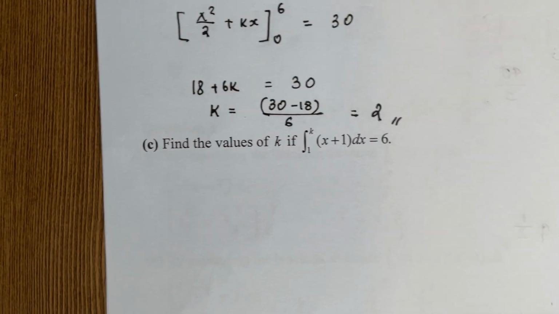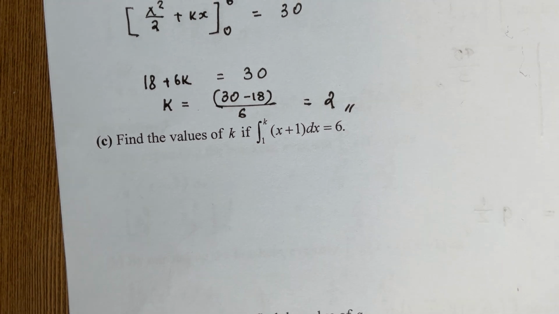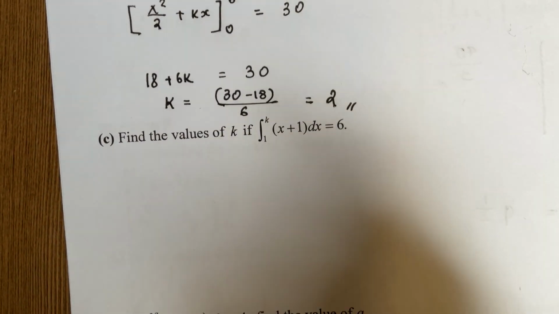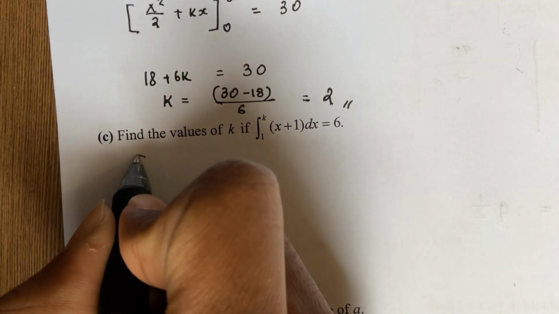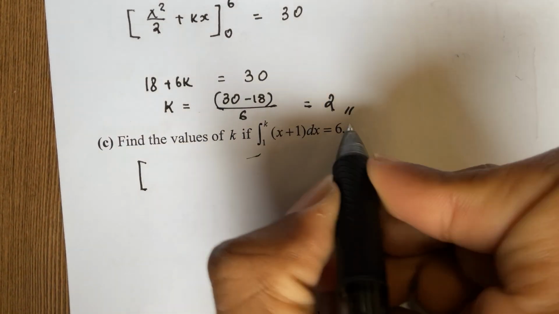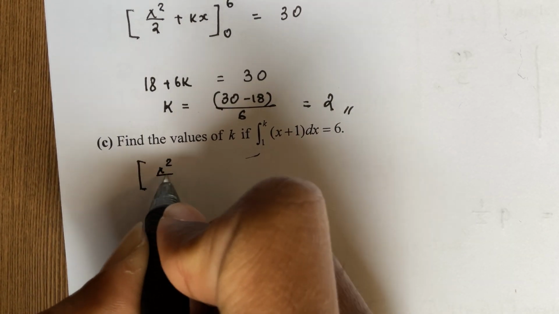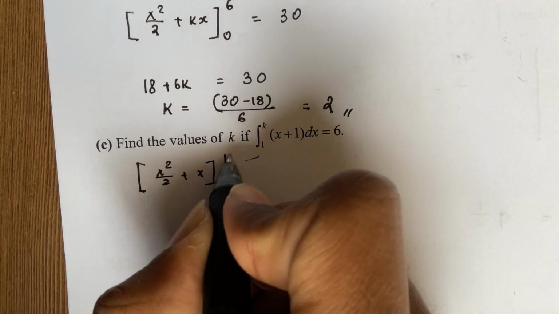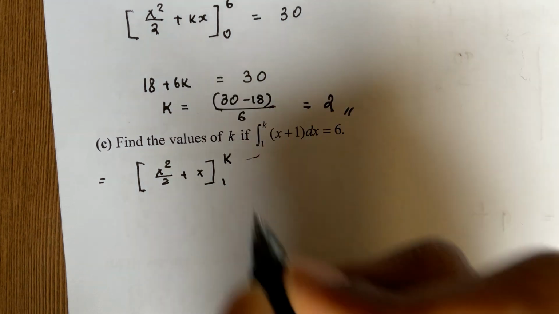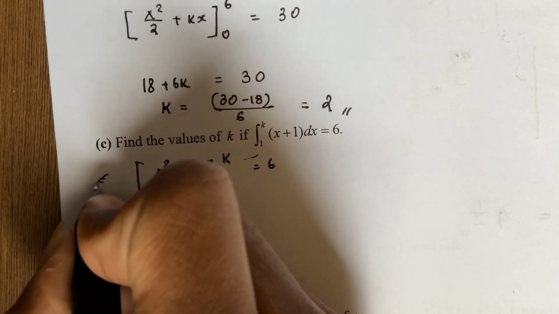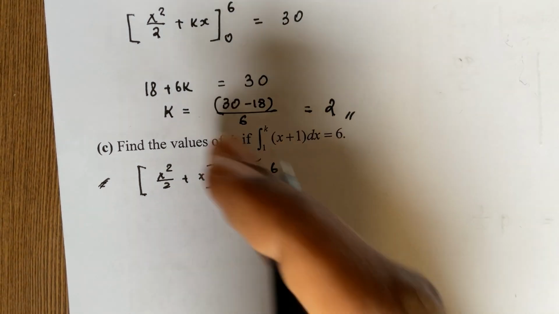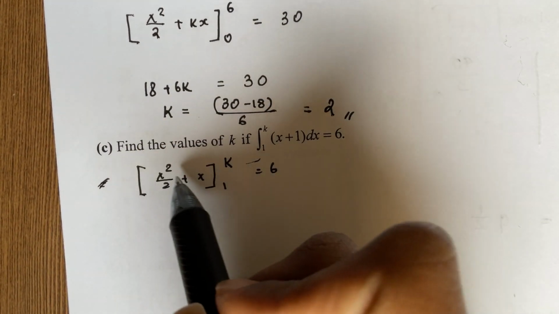But to do any integral problem, it's important to be systematic in your steps. So first, let's go ahead and do what we usually would do and integrate this function. So when we integrate this, it's just going to become x squared on 2 plus x, right, between the bounds of 1 to k. Okay, and they're saying that this is equal to 6. Now that we know that that's equal to 6, we're going to have to sub in this k and subtract